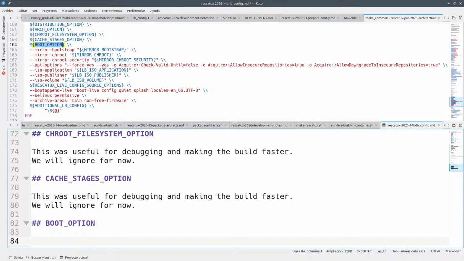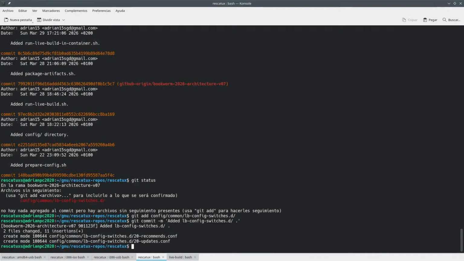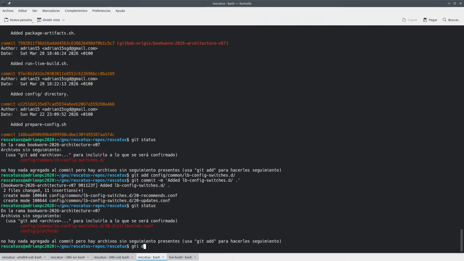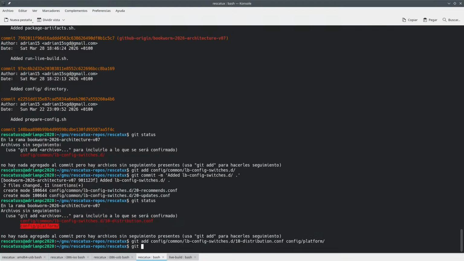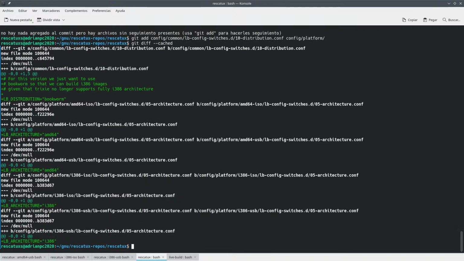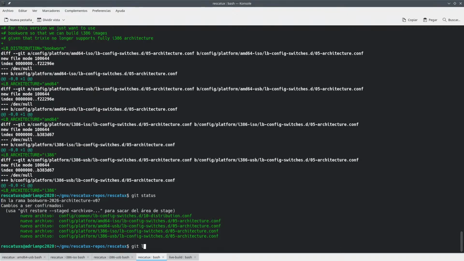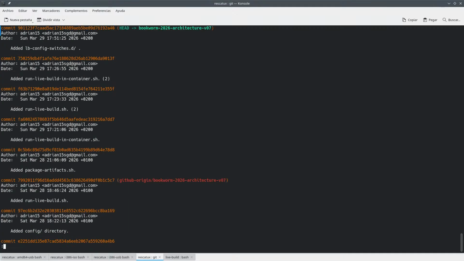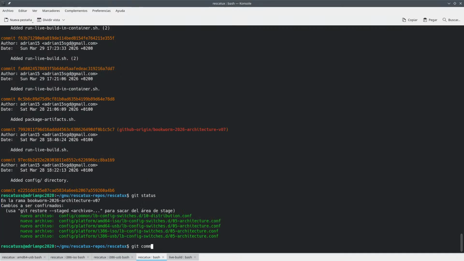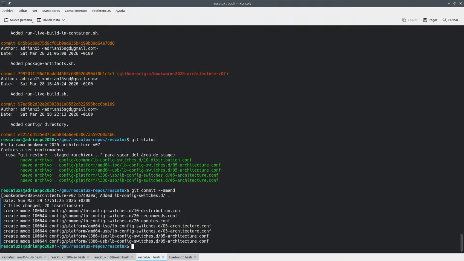Okay, let's make a commit with all of this that we have. So these are LB config switches. So if you take a look at what's going to be the commit, these are LB config switches. So this is nice. So yeah, maybe we can just amend this thing and be fine. So we amend all of this, and now we can maybe